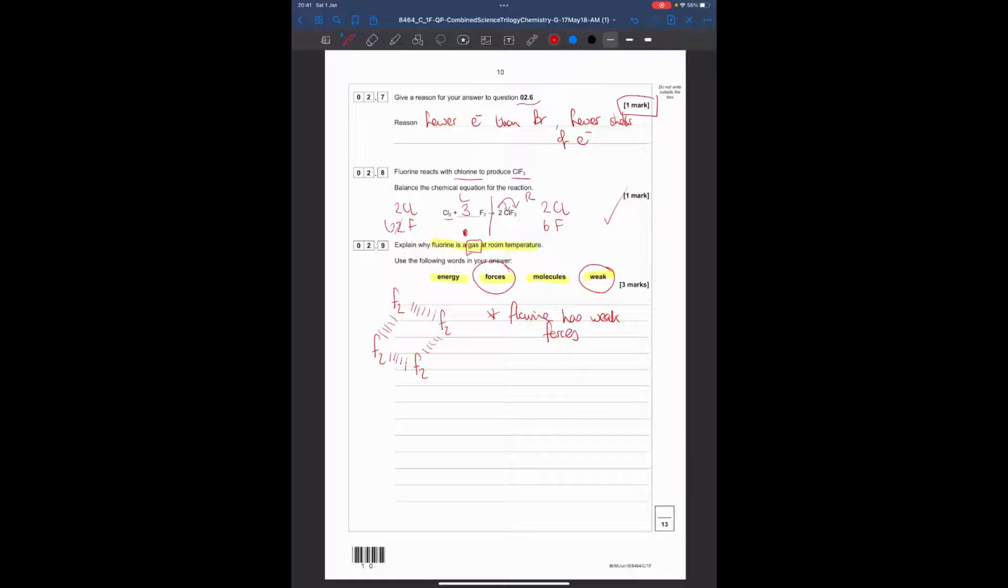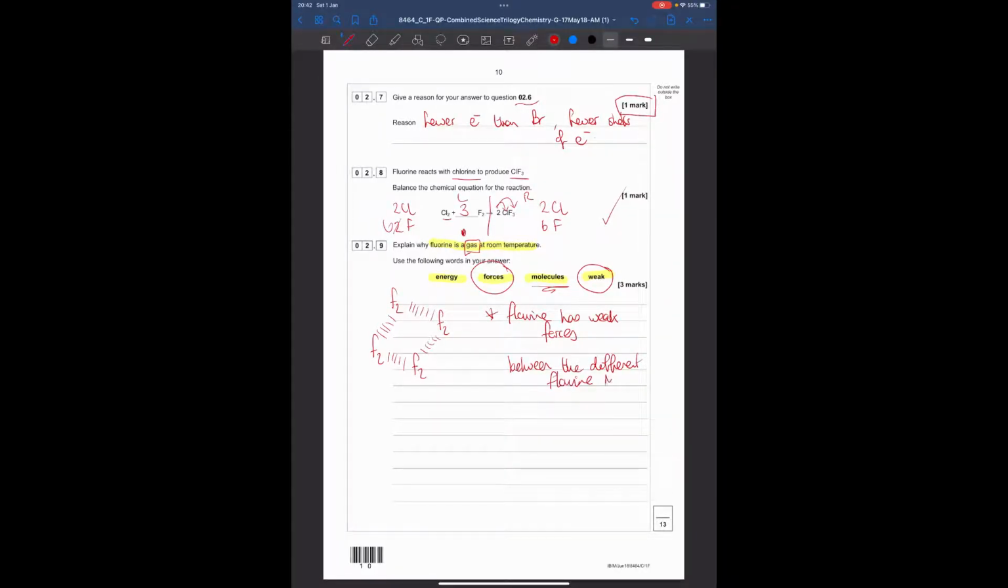And these forces are between the different molecules of fluorine. So fluorine has weak forces between the different fluorine molecules. Now, because they have weak forces, we then need to think about how we can link energy into it. Because they are incredibly weak, you don't need much energy to come along and break and overcome these forces of attraction. So your final mark would be little energy